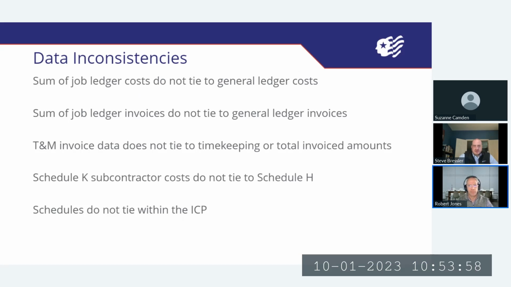The other thing, we've said a lot about this in today's presentation, is just data inconsistencies. Subledgers don't tie, invoicing doesn't tie out. T&M data is one. That Schedule K stuff is very interesting. If everything is in sync and people enter their time, you process labor distribution, it goes to the job ledger, it goes to the general ledger, it gets to the invoice, everything should line up. You should be able to print out a summary of invoicing information for T&M jobs, put it on Schedule I, and that would tie back to the timekeeping. But unfortunately, what happens is some of the things that I said before.